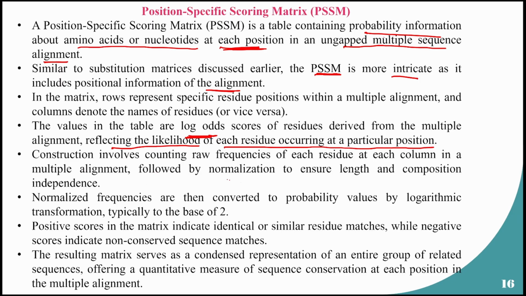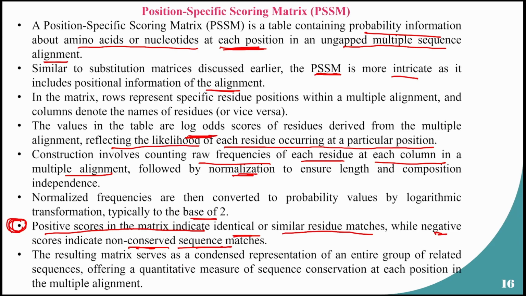Okay. So first you have to calculate the raw frequencies of each residue at a column from a multiple sequence alignment. You have to normalize to ensure length and composition independence. Then typically it is done with a log base of 2. Then here are the important things. The positive scores in the matrix indicate identical or similar residue matches, while the negative scores indicate non-conserved sequence matches. So you have to remember, positive scores mean identical or similar residue matches, while negative scores indicate the exact opposite,